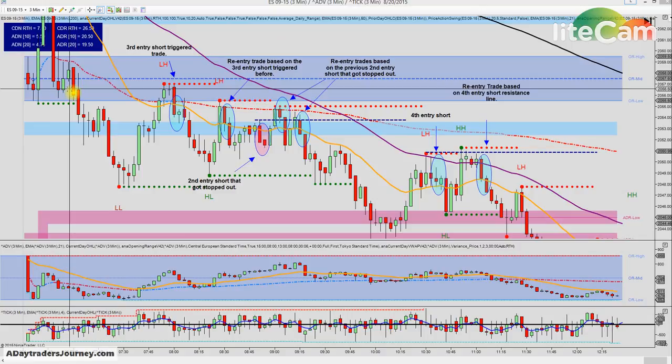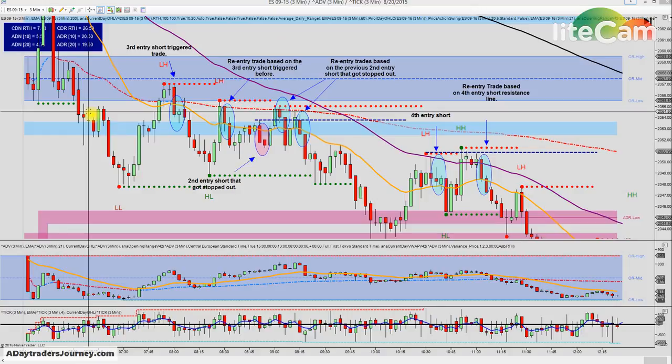Today what I'm going to cover is third entries, fourth entries. Basically, when you're looking for a second entry short or long, as we do with this methodology, it sometimes leads to taking third entries and fourth entries instead of the second entry, because the second entry didn't qualify as a valid trade. And an example of this would be